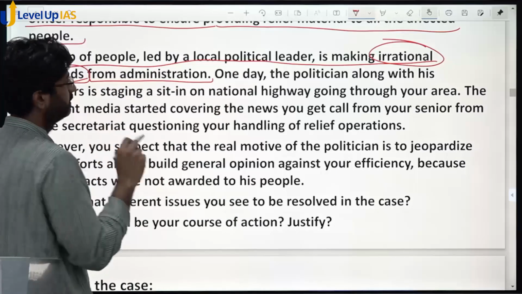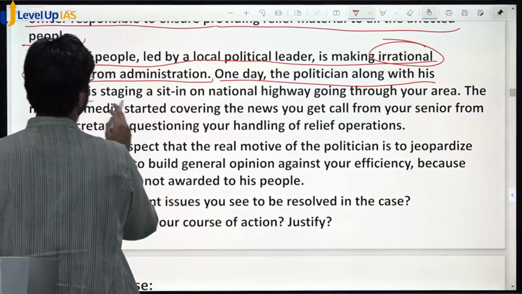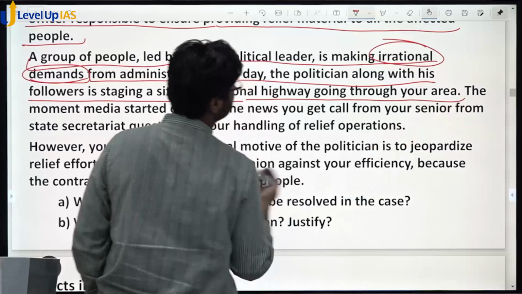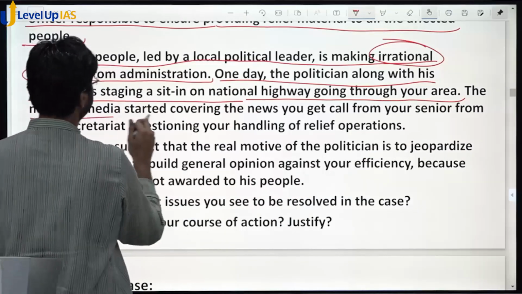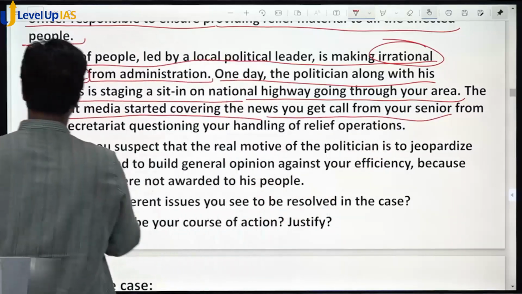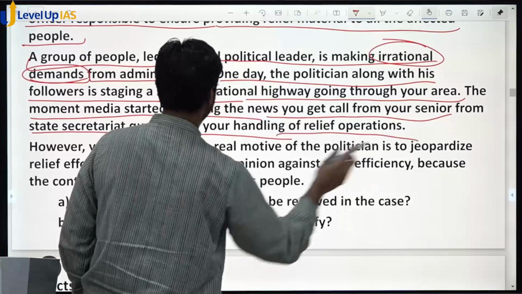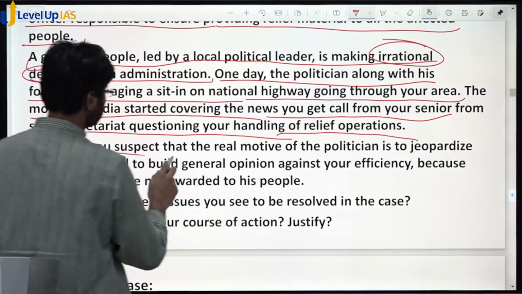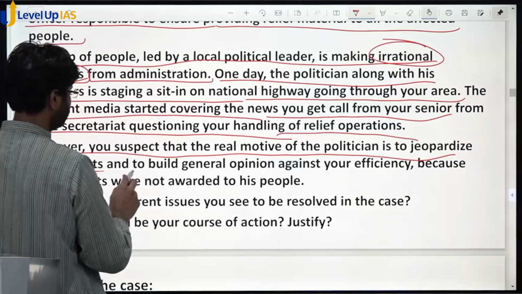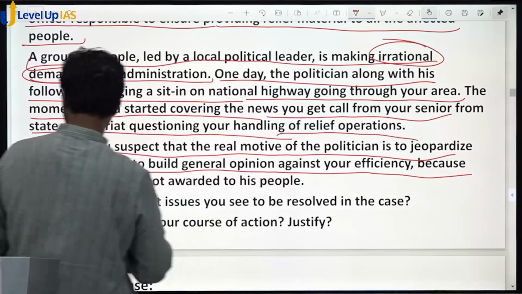One day the politician along with his followers is staging a sit-in on a national highway going through your area. The moment the media started covering the news, you get a call from your senior from the state secretariat questioning your handling of the relief operations. However, you suspect that the real motive of the politician is to jeopardize the relief efforts and to build a general opinion against your efficiency,